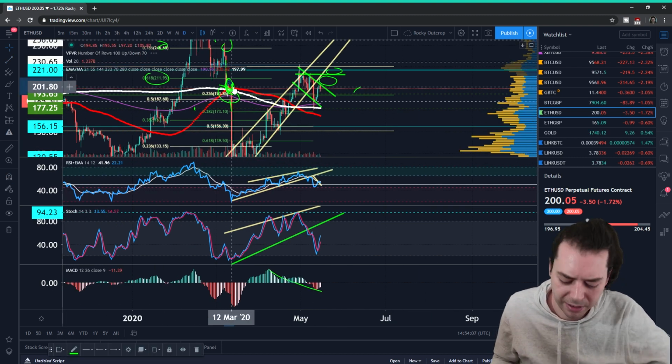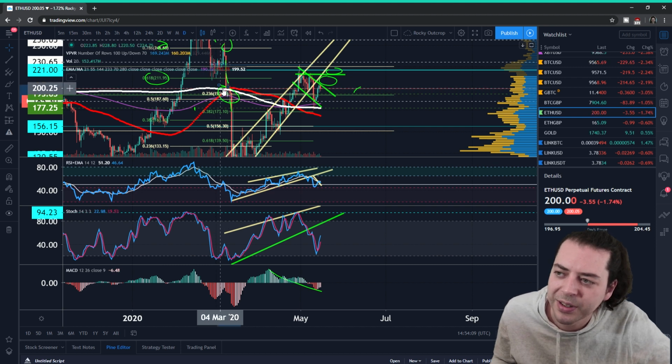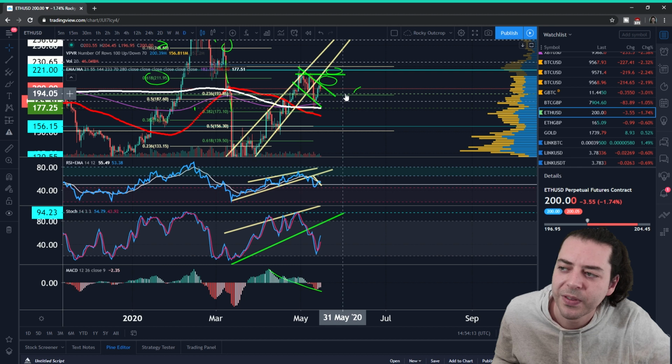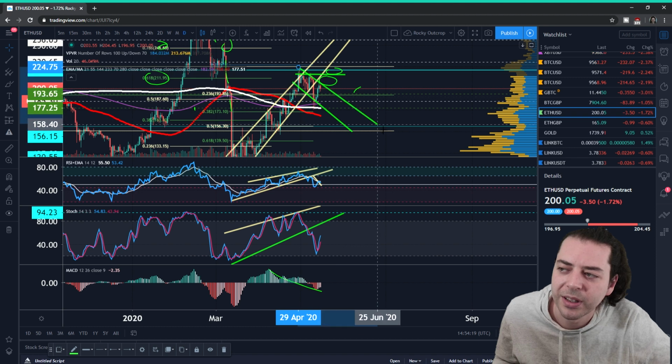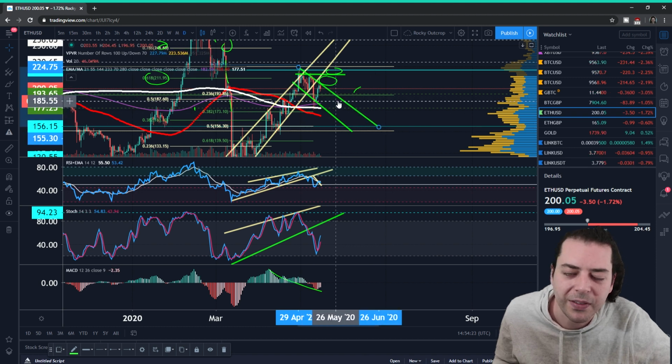Where we have the 236 Fibonacci, this green circle I think was probably meant to be around that 193 area. If we can stay above that, then that's decent, because it renders this as being invalid. Going on below that, down the way, this is part of a downward sort of channel of some sort, then I'd be looking towards 185 next afterwards, in terms of just that coming in around